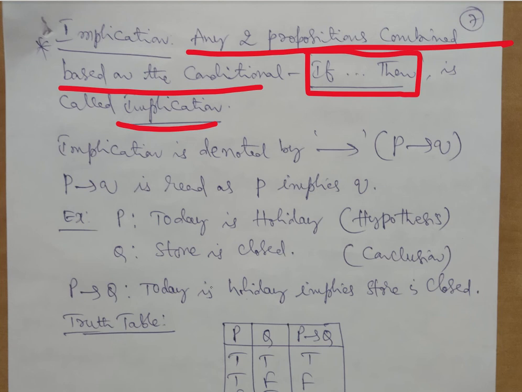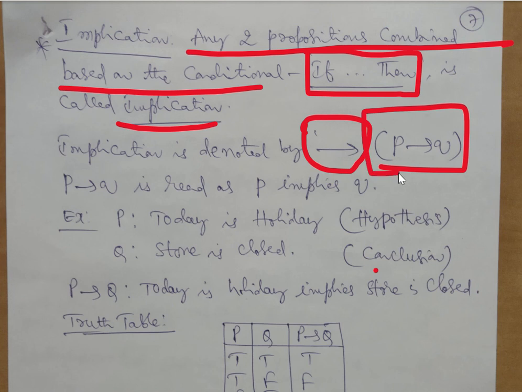Only small attention we have to keep here is on the truth table. I'll come back to that soon. So implication is referred to using the symbol arrow. So P arrow Q means P implies Q. I can also write Q implies P. So both are different. What is the meaning? P implies Q: if P, then Q. Q implies P: if Q, then P. Totally different. So don't get confused now.